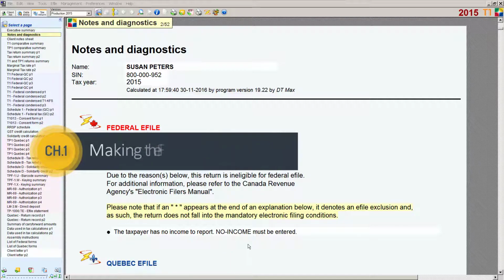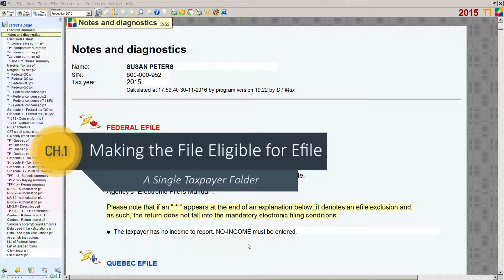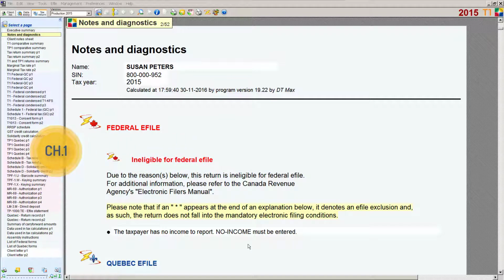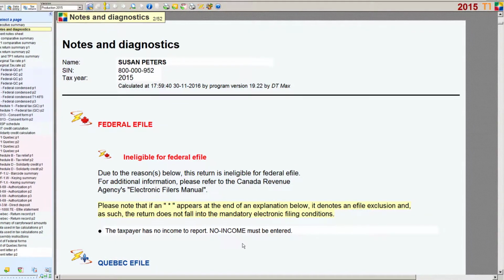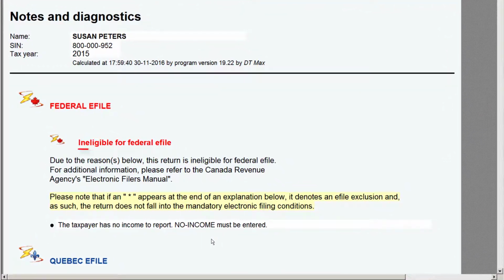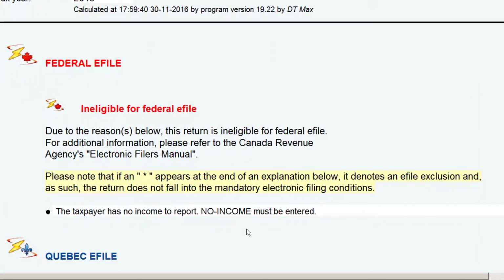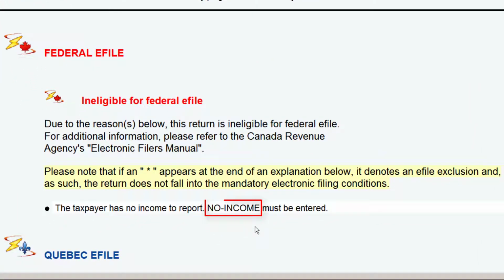Welcome back. In this video, we are going to look at making a tax return eligible for EFILE. In the previous video, Ms. Peters' tax return was completed. But after reviewing the Notes and Diagnostics page, we found out that her tax return was not eligible for federal e-filing. DT Max has informed us that we need to enter the keyword no income to make the tax return